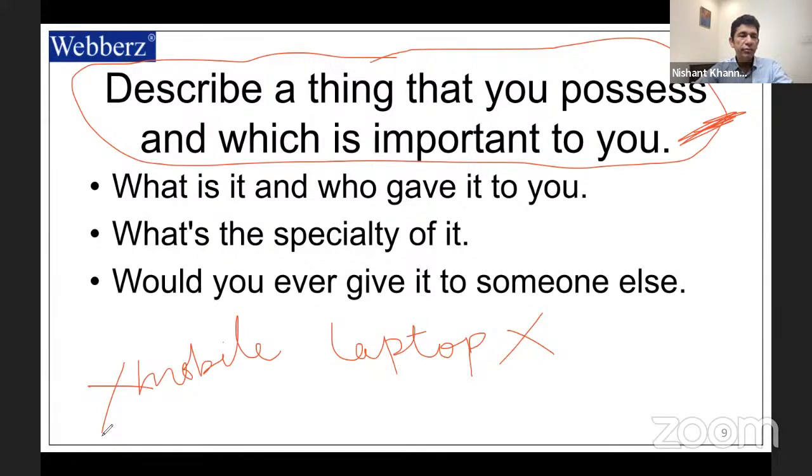Anybody else has got an idea? Or Kirandeep Kaur is the only one who has ideas? Write down any idea that you have. Not a mobile, not a laptop. Please be quick. Rohini Sharma says makeup. Okay, you've got makeup, which is very important for you. Perfectly fine. You can also talk about it. It is very simple. Good. Anybody else? You can talk about a vehicle.